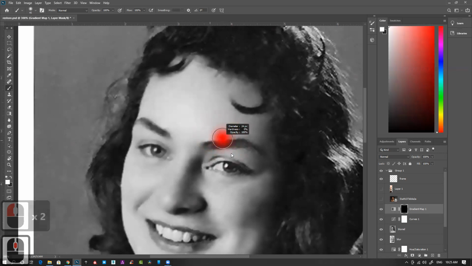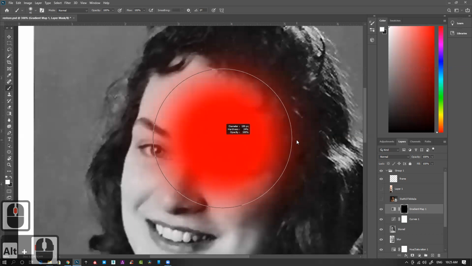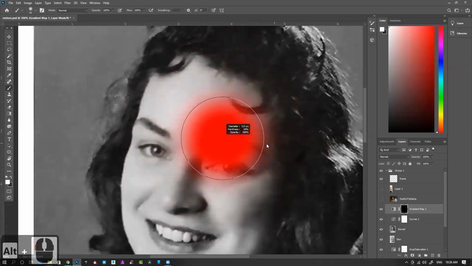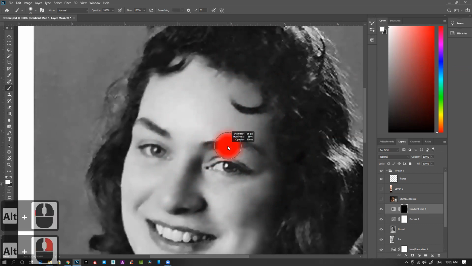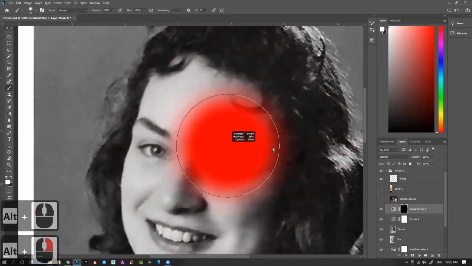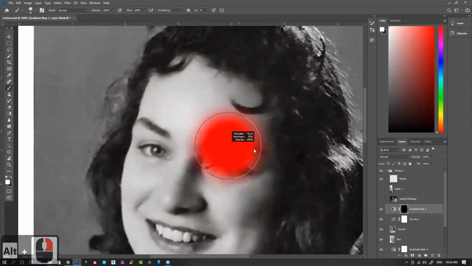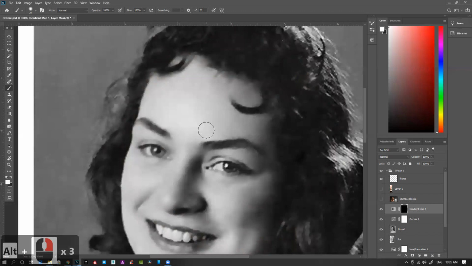With Alt and right mouse button also, you can increase and decrease. Horizontal drag will increase the brush size. Vertical will harden or soften the brush. Keep it soft. Big brush, Alt, drag horizontally, it will increase or decrease the size. You can use this also. This is quite a shortcut, and it's really handy when you are working professionally and in a time crunch and want to do it really quickly.